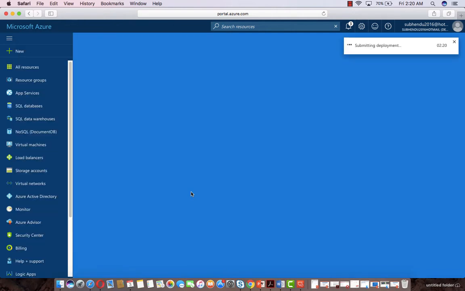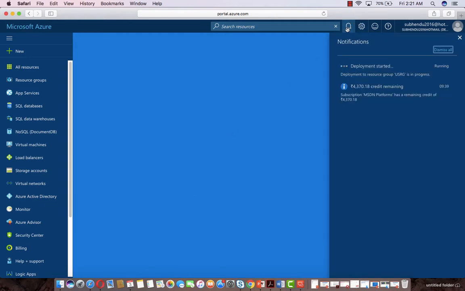So let's create another virtual network in the same location. Now let me tell you, if you have multiple virtual networks in the same location, then we can use virtual network peering to connect the two virtual networks. If we have two virtual networks in different locations, then we have to do VNet to VNet connectivity. We will do that practical later on. Before that, let me show you how VNet peering works. So here I think I'm done with the first creation. No, it's still creating.